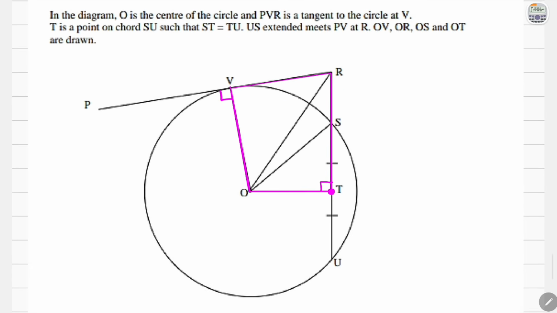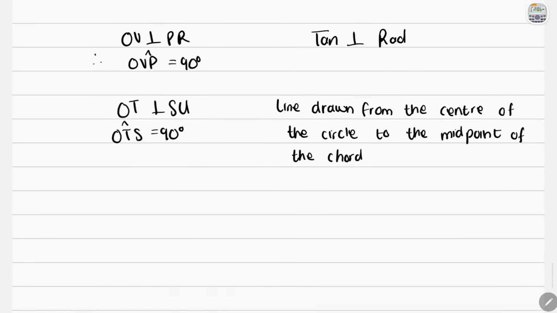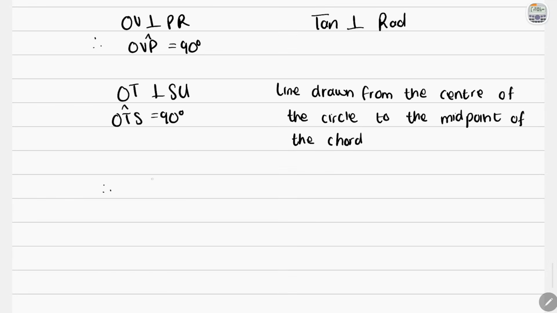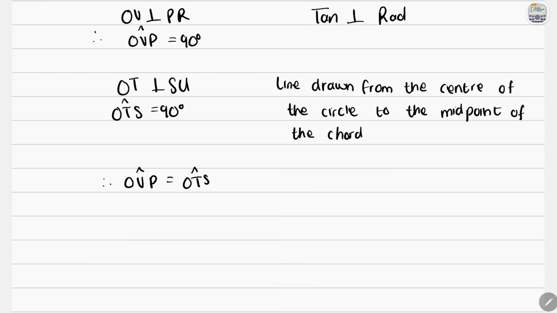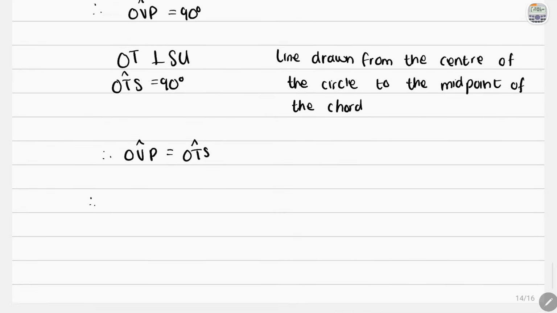But we can also see that in this quad, okay, is the interior angle and that is the exterior angle. Okay, so interior opposite angle. So because they are equal, we're just going to conclude that they are equal. OVP is equal to OTS. And so because they are equal, we can finally just conclude that this is indeed a cyclic quad. So VOTR